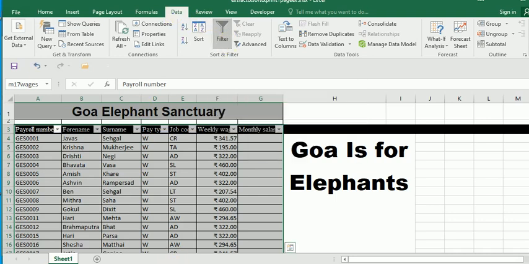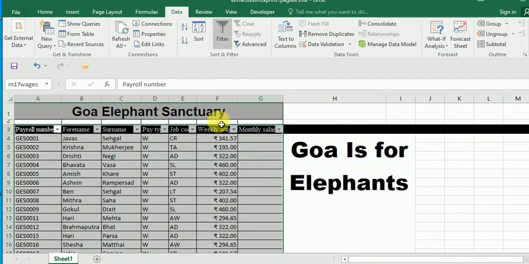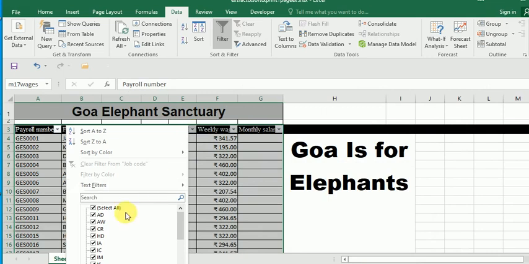And it says, let me look at my instructions again. It says create a spreadsheet showing only the job code of CR, AD, or IS, okay? So I go back to there. I go into job code, okay? The little drop down arrow there, I click on that. And they're all selected, so I'm going to deselect them all. The only ones I want to see again are CR,